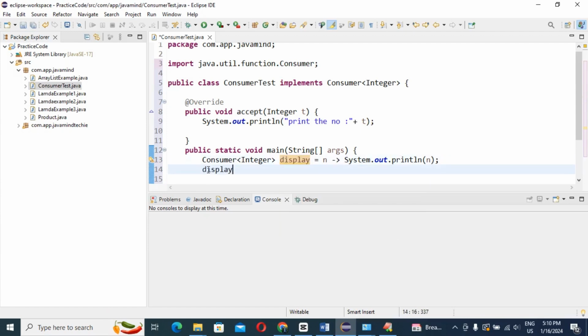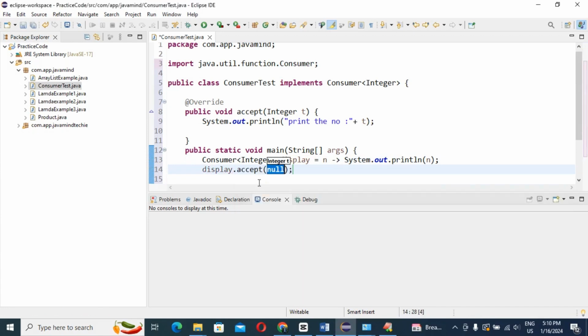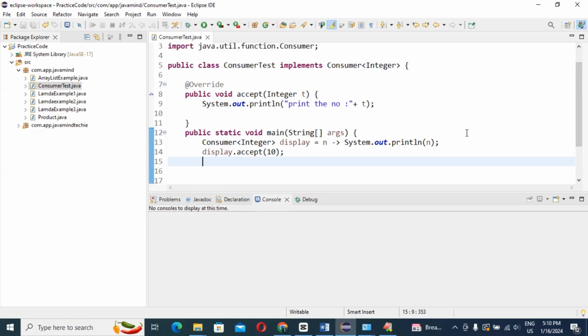We can come here and dot. We can see we already have the accept method, and we need to print the number, which means we need to pass some value. So I'm passing some integer value. Yes or no, guys? If we run this application, what should be the output? 10, right? Why? Because with the help of lambda expression,